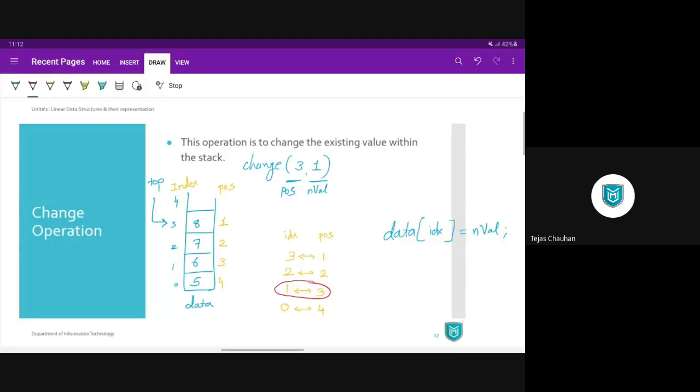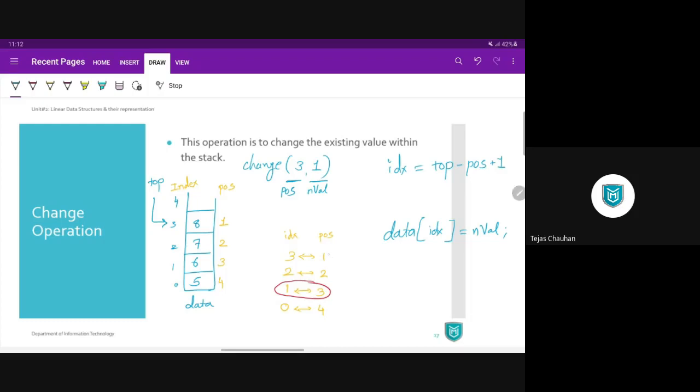Look, it should be something like this. Your idx, the index, you can calculate from this equation, which is top minus position plus 1. This should be your equation.